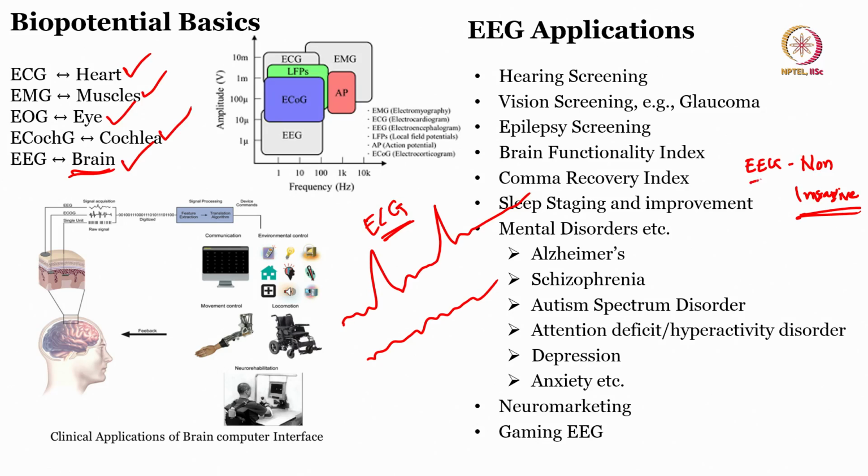When you go one level down, there is something called ECOG, and then there is something called SEEG, stereo EEG. ECOG, as the name suggests, is taken from your cortex, whereas stereo EEG is even in the depth of your brain. When to do EEG, ECOG and SEEG, we have already seen in one of the classes. So this is an overall